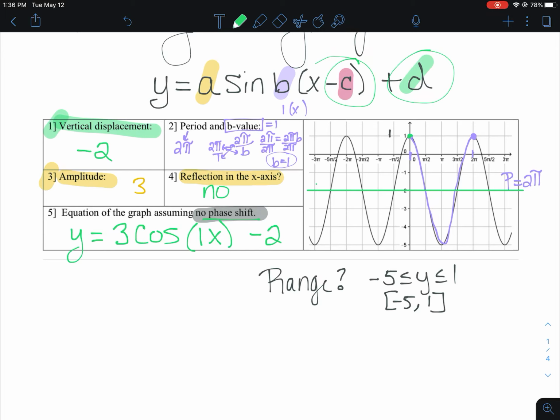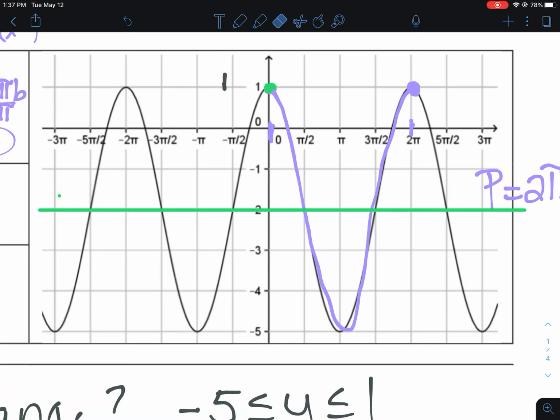Okay? Let's change that rule, though, for number 5 for a second and say we didn't care if there was a phase shift. There could be a phase shift, right? Let's say I want to write a sine function for this. The amplitude is still the same, but I'm going to start with sine. Remember sine always starts in the center, so there's a couple options you have. You could go back to negative pi over 2, and there's a sine curve. Okay, that's one situation. Or we could go forward to